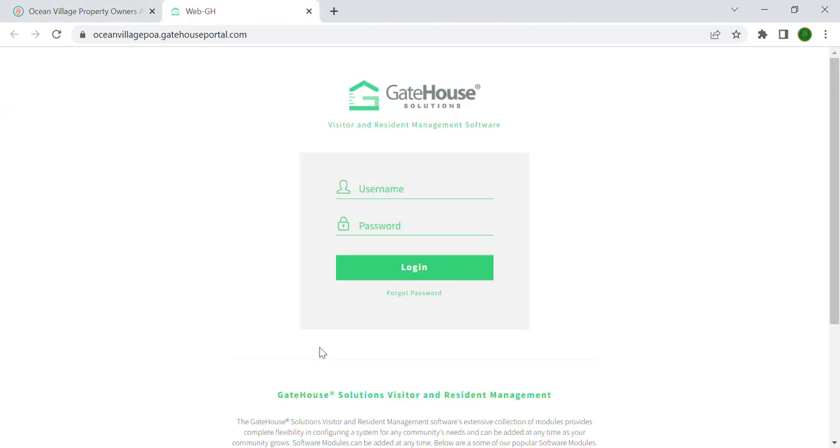So we're going to click on that. It opens a new tab, you'll notice, and that new tab is actually a whole different website. So if you want to, you can bookmark this and skip the first two steps I showed you of going to the Ocean Village page and then the owner's page to click on the link, and just come directly here if you bookmark it. Here we have put in our username